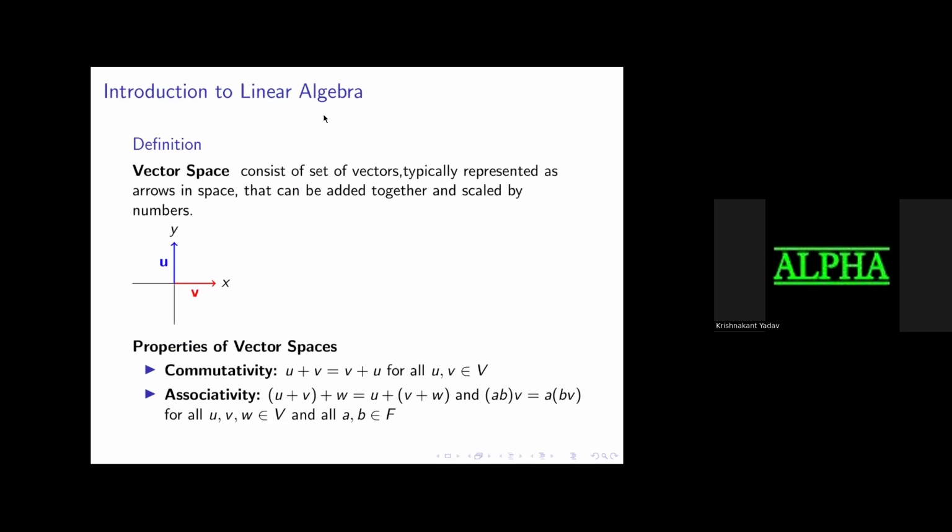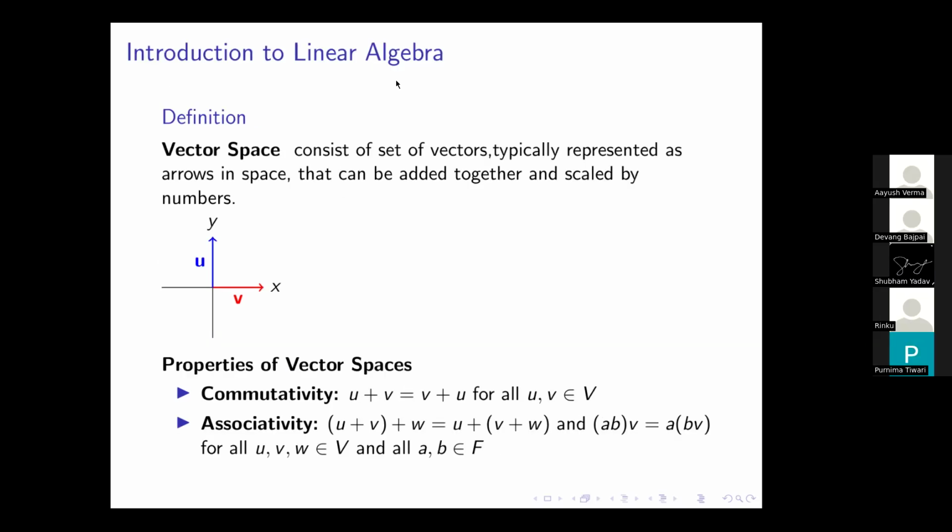So what is a vector space? A vector space consists of a set of vectors, and vectors are somewhat of an arrow-like structure that you can see here. This is U on the vertical axis and this is V on the horizontal axis. This can be said to be a vector space, and these can be said to be vectors, and the combination, or the representation of both,